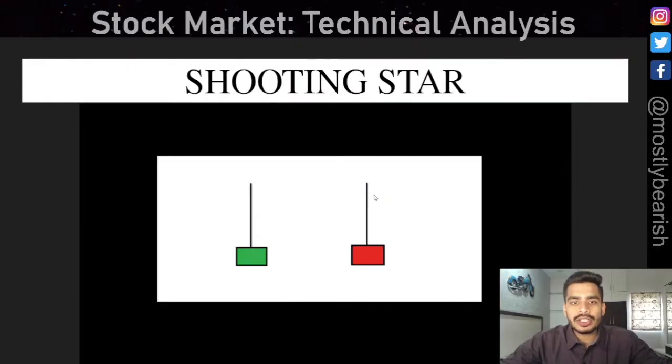So, let's look at this candle, how it looks, what information it provides, and then we look at it on charts. What you see on your screen right now is a shooting star. This is how a shooting star looks. It can be of either color. If the trend is upwards and you see this candle forming at the top of the trend, there are high chances there might be a reversal in the trend and the prices start falling down from there.